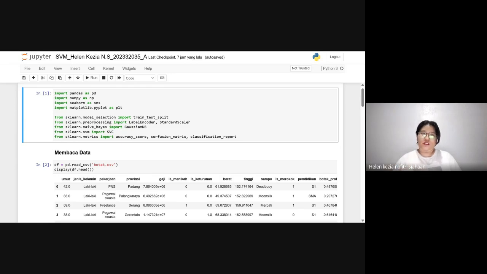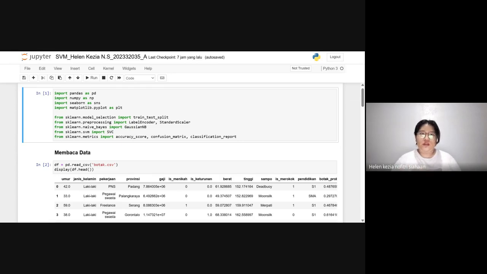We need to talk about pandas through matplotlib first. Like the past practice, pandas is for reading, NumPy is for recognizing, and Seaborn and Matplotlib are for showing the data visually.